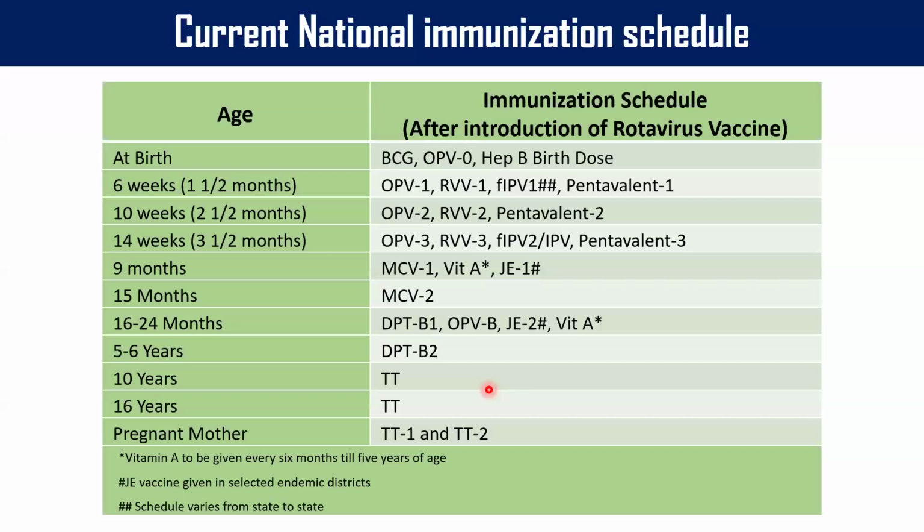There are other vaccines also available in the private sector. Sometimes people may ask whether to give them. If it is available, if it is affordable, please advise that, like chickenpox vaccine, typhoid vaccine, hepatitis A vaccine. These children are vulnerable to these infections, which can be severe, which can be prolonged, which can be life-threatening, which can be associated with significant morbidity. So if they are available, if they are affordable, you can definitely advise them.